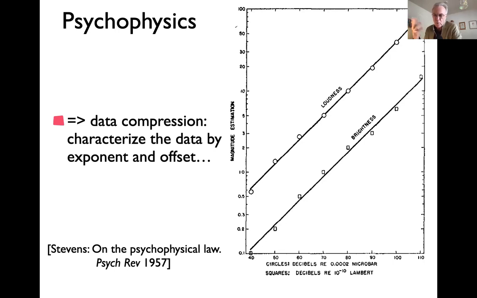For instance, the laws of motion that you're familiar with, of falling stones, you can compress by just having parameters like the gravitational constant and the initial position and initial velocity of a particle. From that you can then generate the whole time curve. That's a form of compression. And here you could say, any measurement that you do where you vary these physical properties, you could compress just by these two parameter values, the offset and the slope.